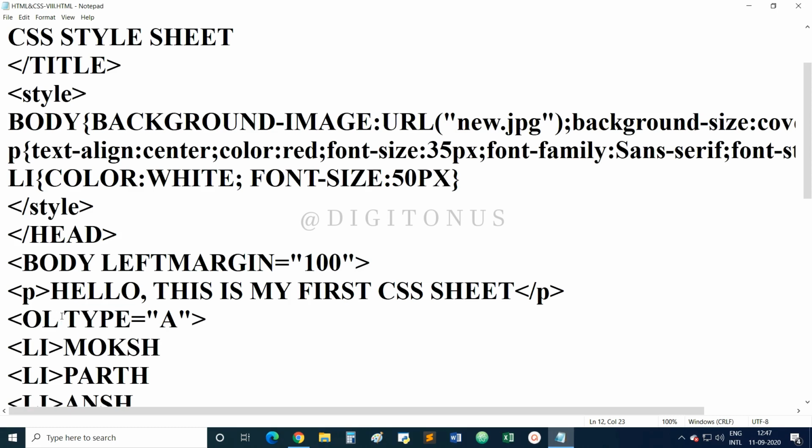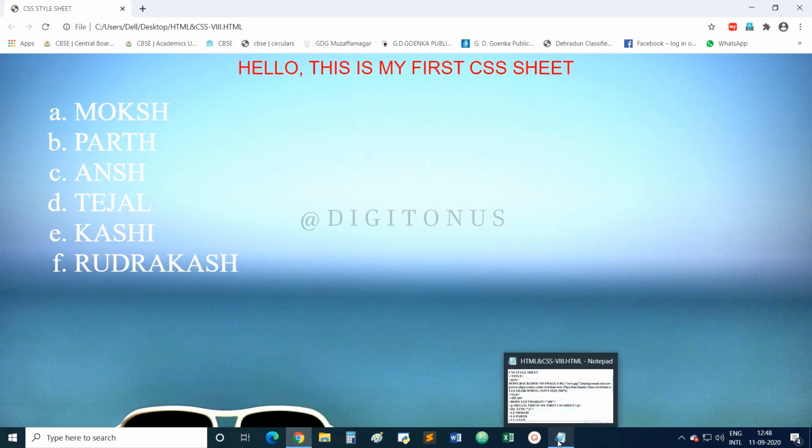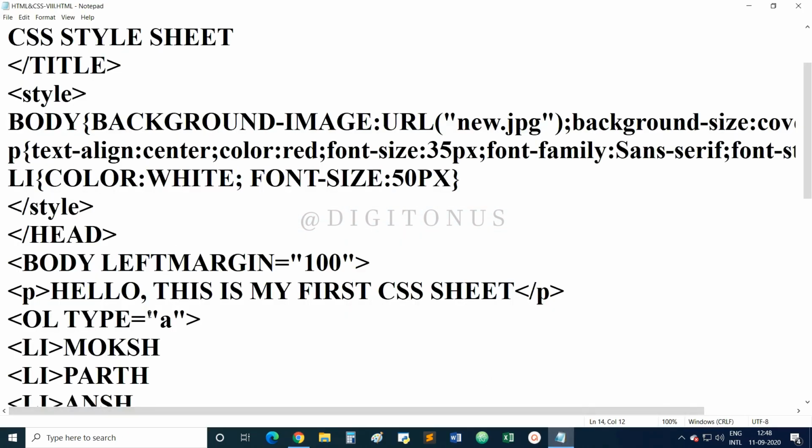Along with the OL type, where you have written capital A, you can write small a, save this file and refresh. Now the list will be in alphabetic order but in small letters, a b c d e f.